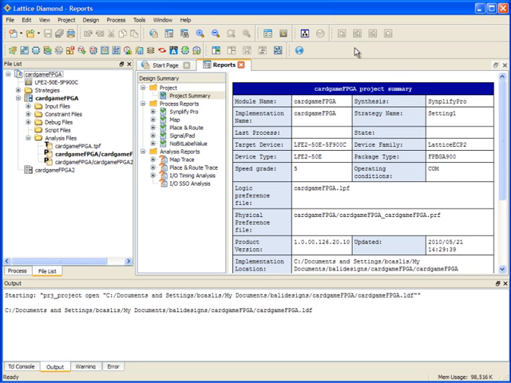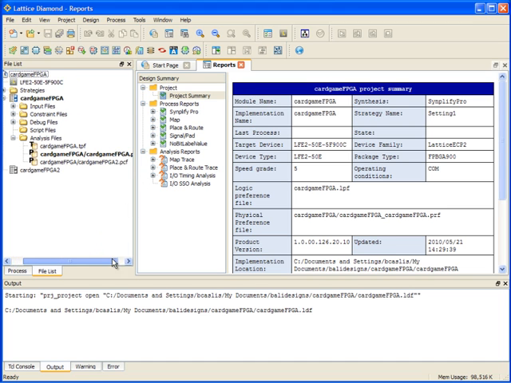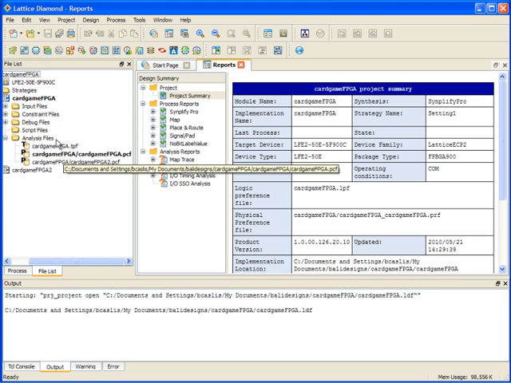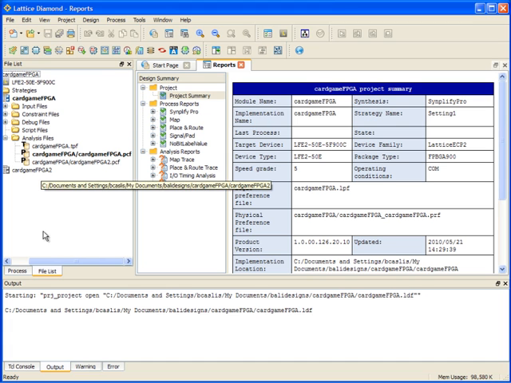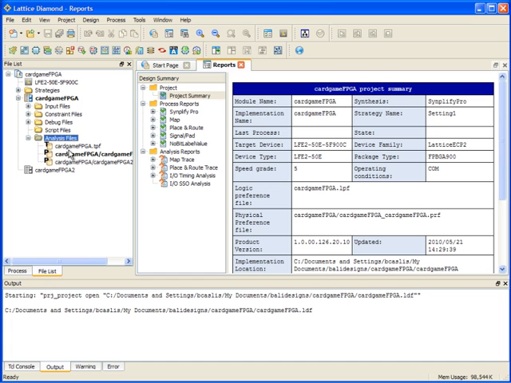In this video, I'm going to go over changes in the Power Calculator tool for the new Lattice Diamond software. In Lattice Diamond, Power Calculator project files are now called PCF files instead of PEP files as they were in ISP-Lever. But additionally, there are new capabilities in the file list you see here: you have an analysis files folder. And in that analysis files folder, you have the ability to show and to manage your PCF files,